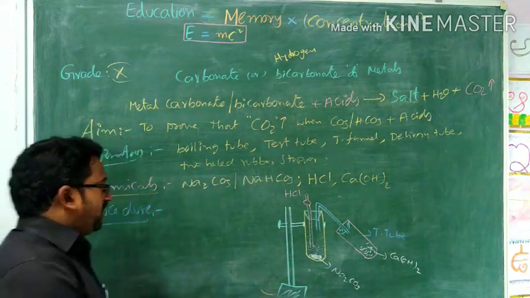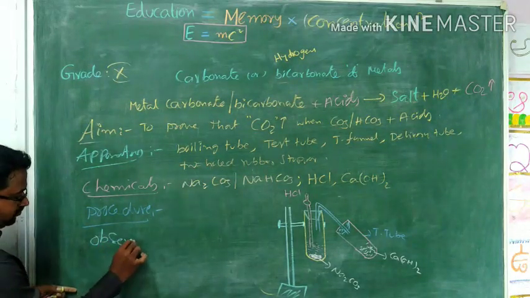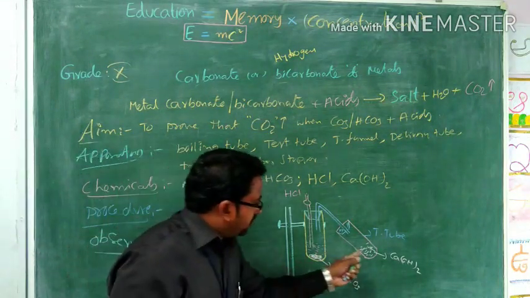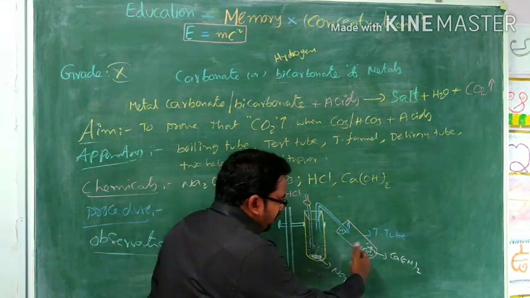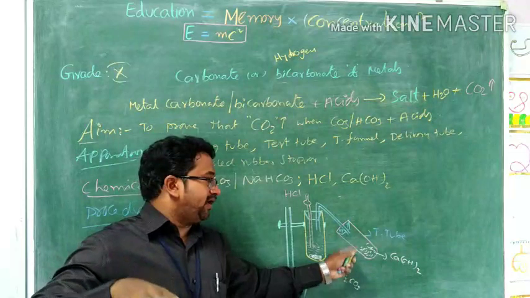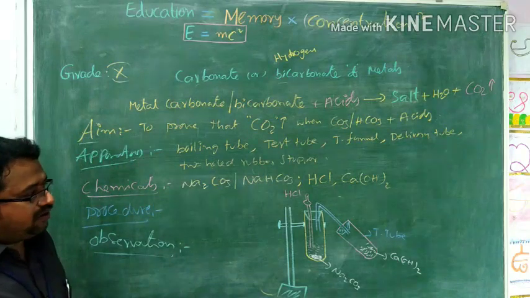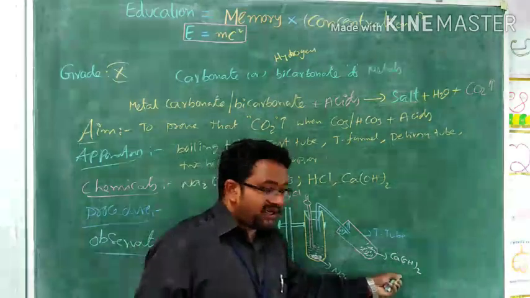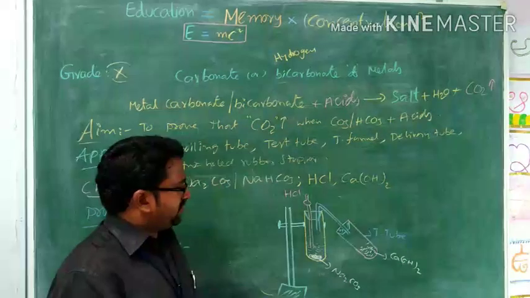Then, when the reaction takes place, what are your observations? You observe that lime water, which is the other name of calcium hydroxide, slightly converts into a milky white layer. Why is it converting into a milky white layer? Because we know the test of carbon dioxide. When carbon dioxide enters the lime water, it converts into milky white. Once the question is given like this,